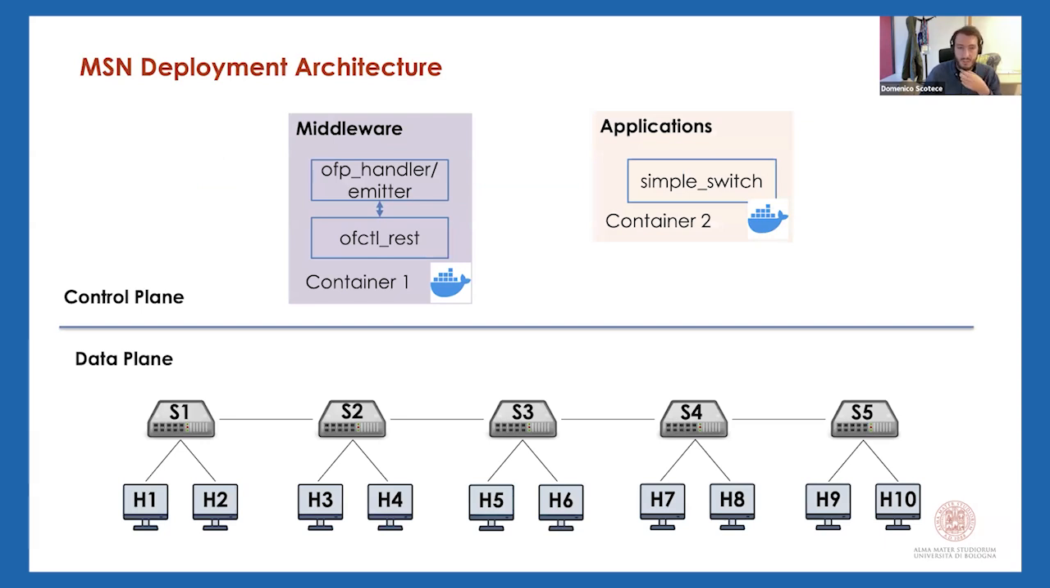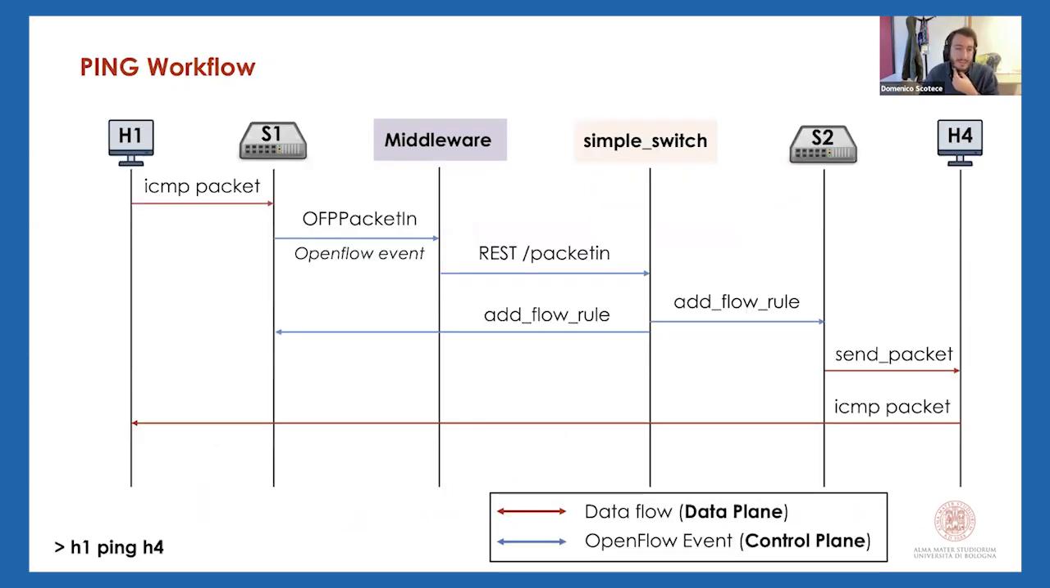This is the deployment that I want to show you. It is the same deployment with the 5 switches and then 10 hosts. And then we have 2 containers. One is the middleware that contains the control, and the other one is the routing application, in another container. What I want to show you is a simple ping, for instance, H1 ping H4,